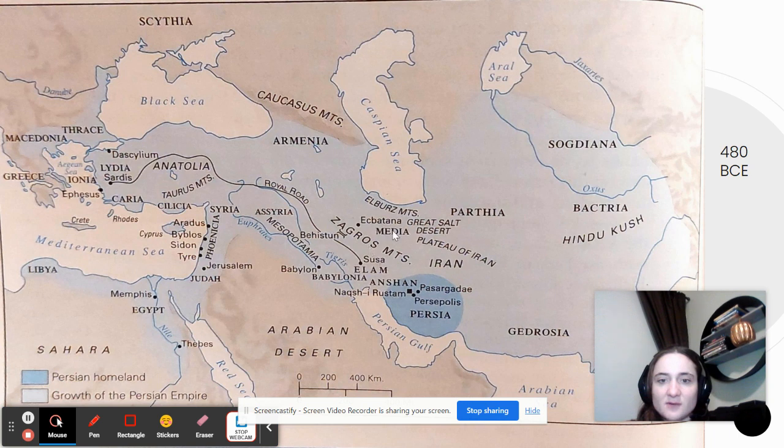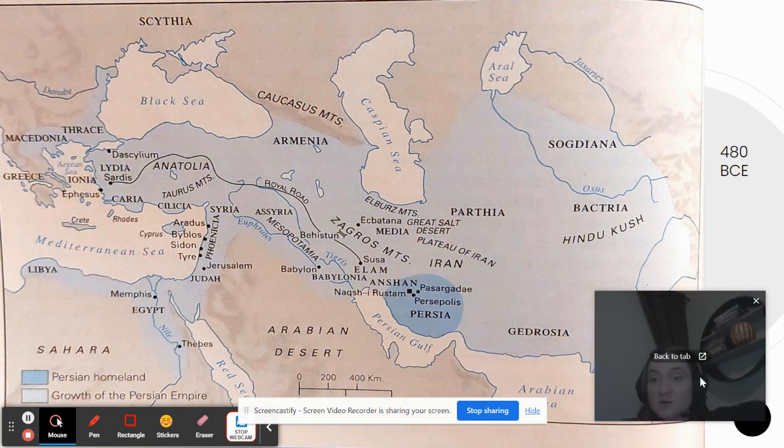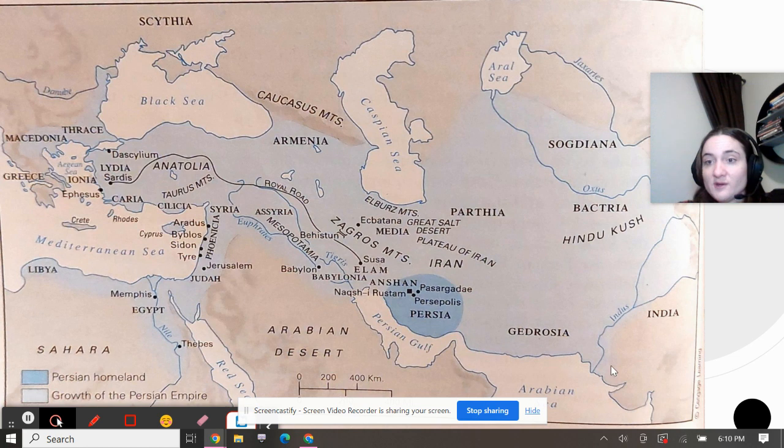It starts off down here, which is modern-day Iran, along the Persian Gulf. Then over time, up until Alexander the Great conquers it in the 300s, this is the extent of the Persian Empire. It's huge. It goes all the way from the Indus River Valley, which is modern-day India, over by the Caspian Sea up to the Black Sea.